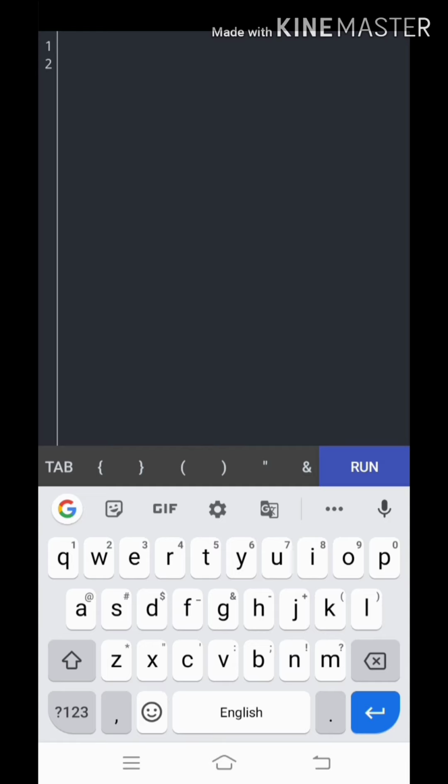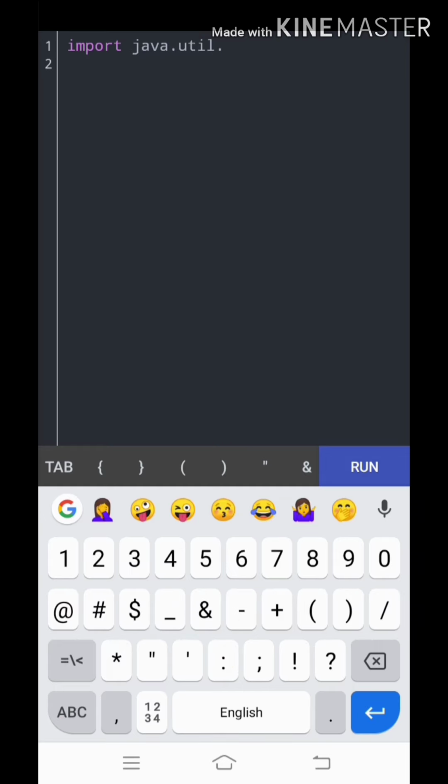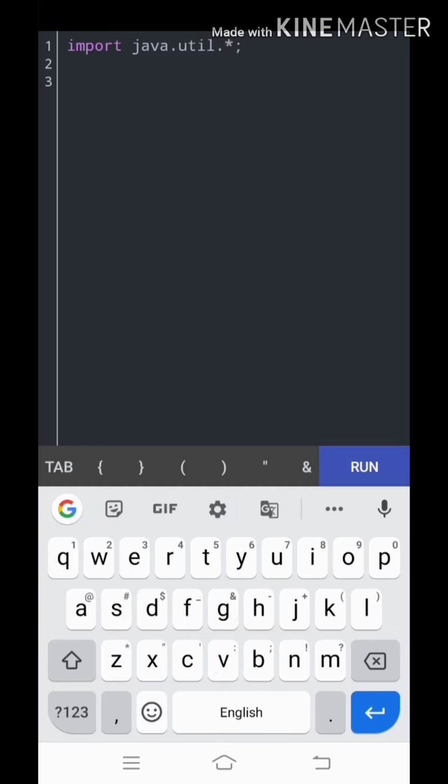I'm going to import a package, import java.util.*, and I'm going to create a class with the keyword class, taking a class name as